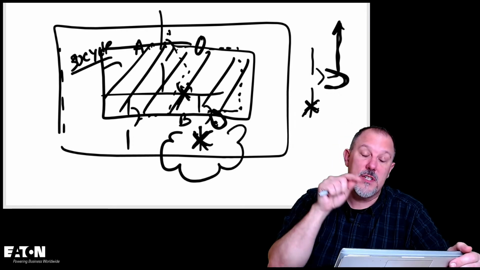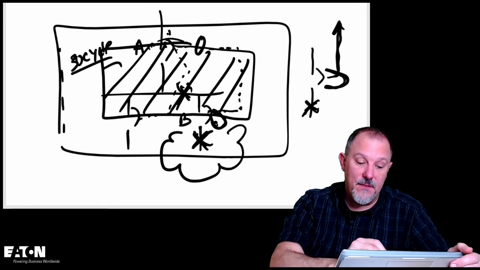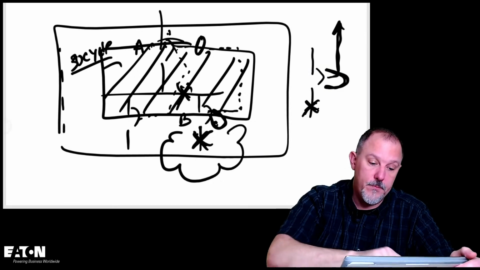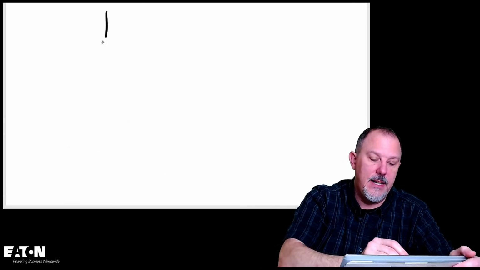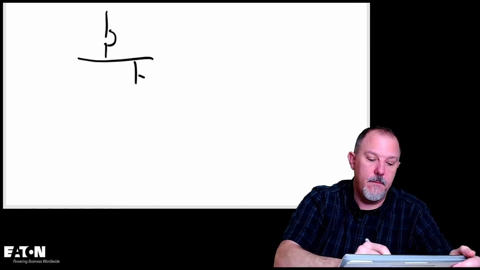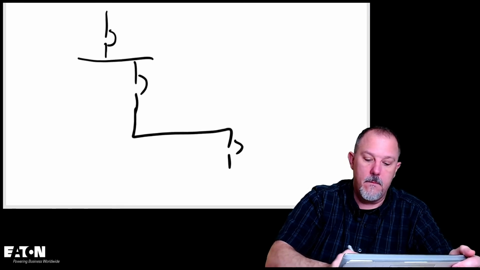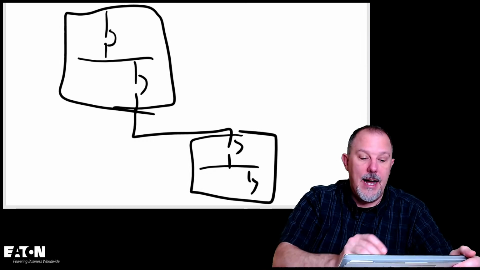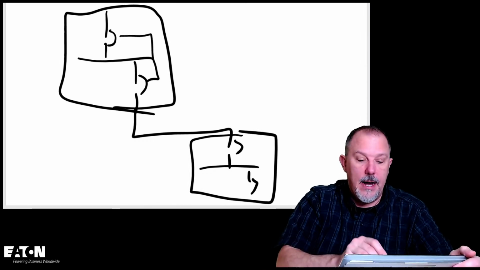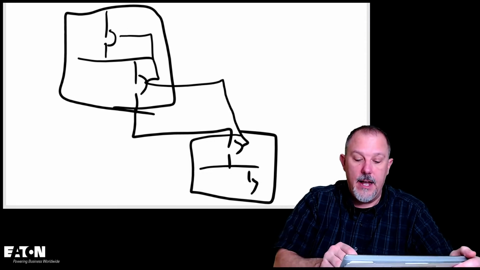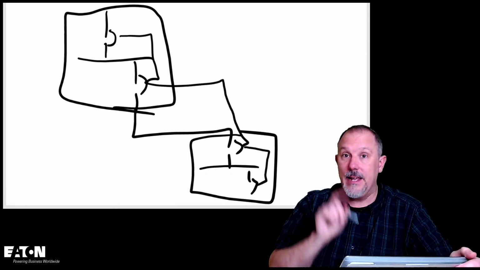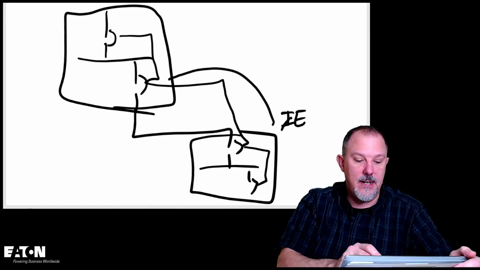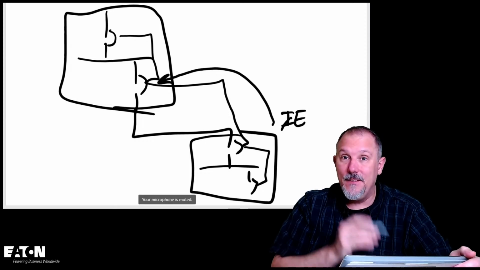But I've also seen engineers say, look, if I have this zone selectively interlocked and it's not interlocked with an upstream device, because what I could do, let's say that I have this going on. I've got an enclosure here, and I have an enclosure here. I could zone selectively interlock those two. In that case, the incident energy here is going to be dependent upon the clearing time of this, which will be the